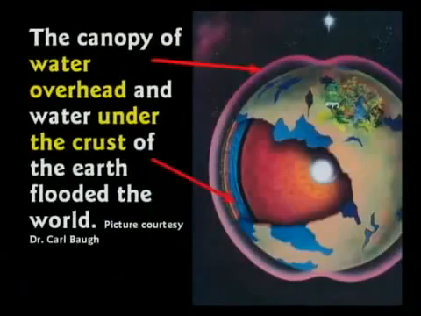Now, it could be there are still fragments of ice flying around through space from some catastrophe 4,400 years ago, and we run into them once in a while. They don't seem to have any effect. Now the atmosphere is about 100 miles thick, so they would certainly vaporize on the way through. Just an interesting thought that this guy did some studies, and it appears to be correct. So there used to be a canopy of water over the earth and water under the crust of the earth.